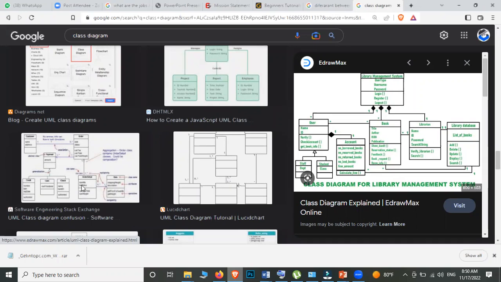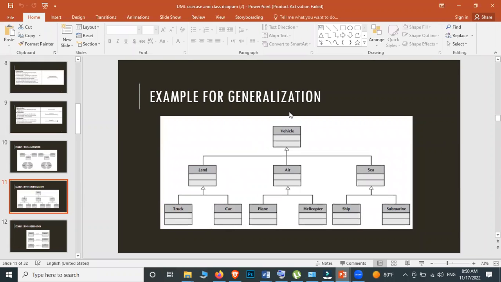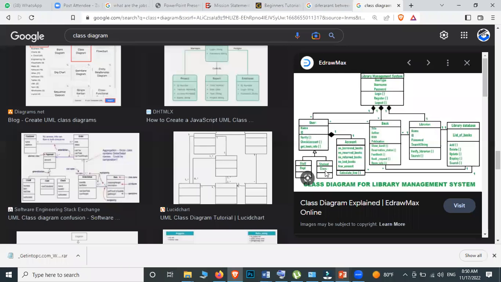Did I explain? Here, this is the relationship. Land is a part of vehicle. Air is a part of vehicle. So then generalization කියන එක තමයි මේ මෙතන දීලා තියෙන්නේ. So staff is a part of a user. Student is a part of a user. හරිද? Account is fully dependent on the user. Without the user class, we won't be able to have the accounts. And then there are some association relationships as well.